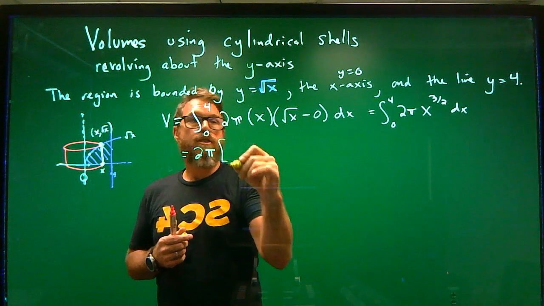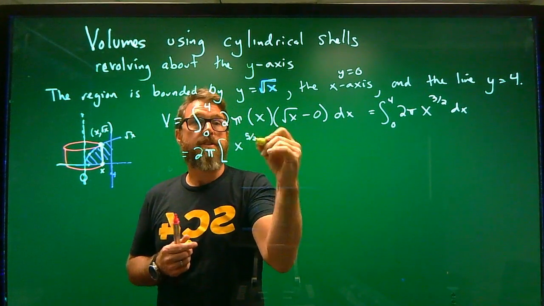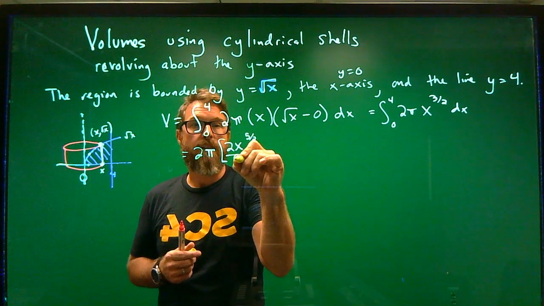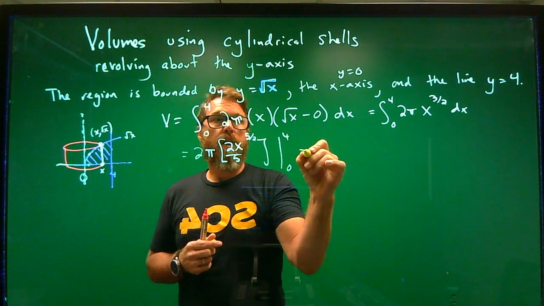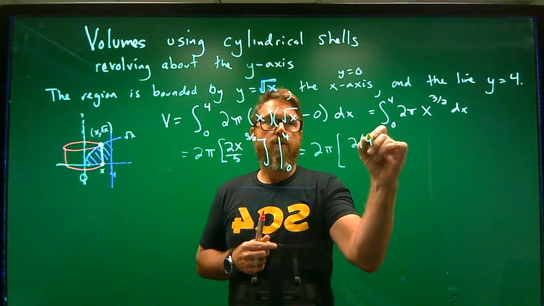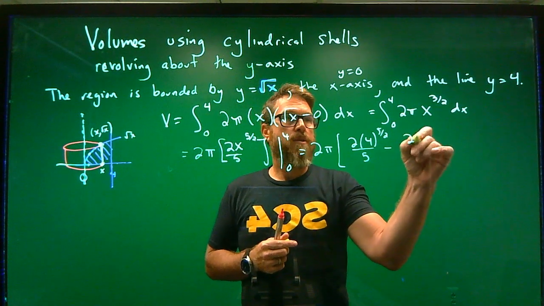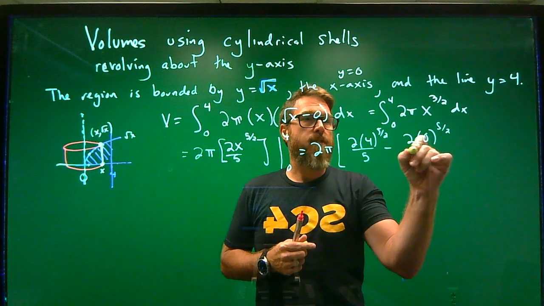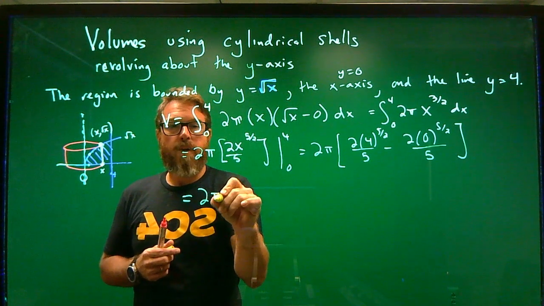Now the integral of x to the 3/2 is going to be x to the 5/2 divided by 5/2, or 2/5. Evaluated from 0 to 4. So 2 pi, let's plug in 2 times 4 to the 5/2 over 5 minus 2 times 0 to the 5/2 all over 5. So this is going to be equal to 2 pi times,